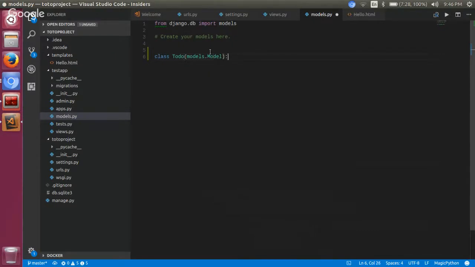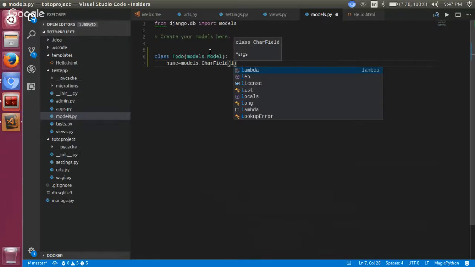We are extending the class, and here we actually provide the schema. For this to-do list, what I am thinking to get started is we have a ToDo class, and we have a name equal to models.CharField, and we should specify the length here,